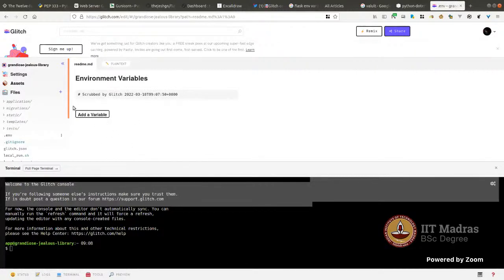Now the interesting part is whenever you share this Glitch project with someone else, it shares everything except the .env file and the .data folder, which I'll show next. So even though you are going to add a sensitive value here, it won't be shared with the rest of the world. Okay, so I'll add